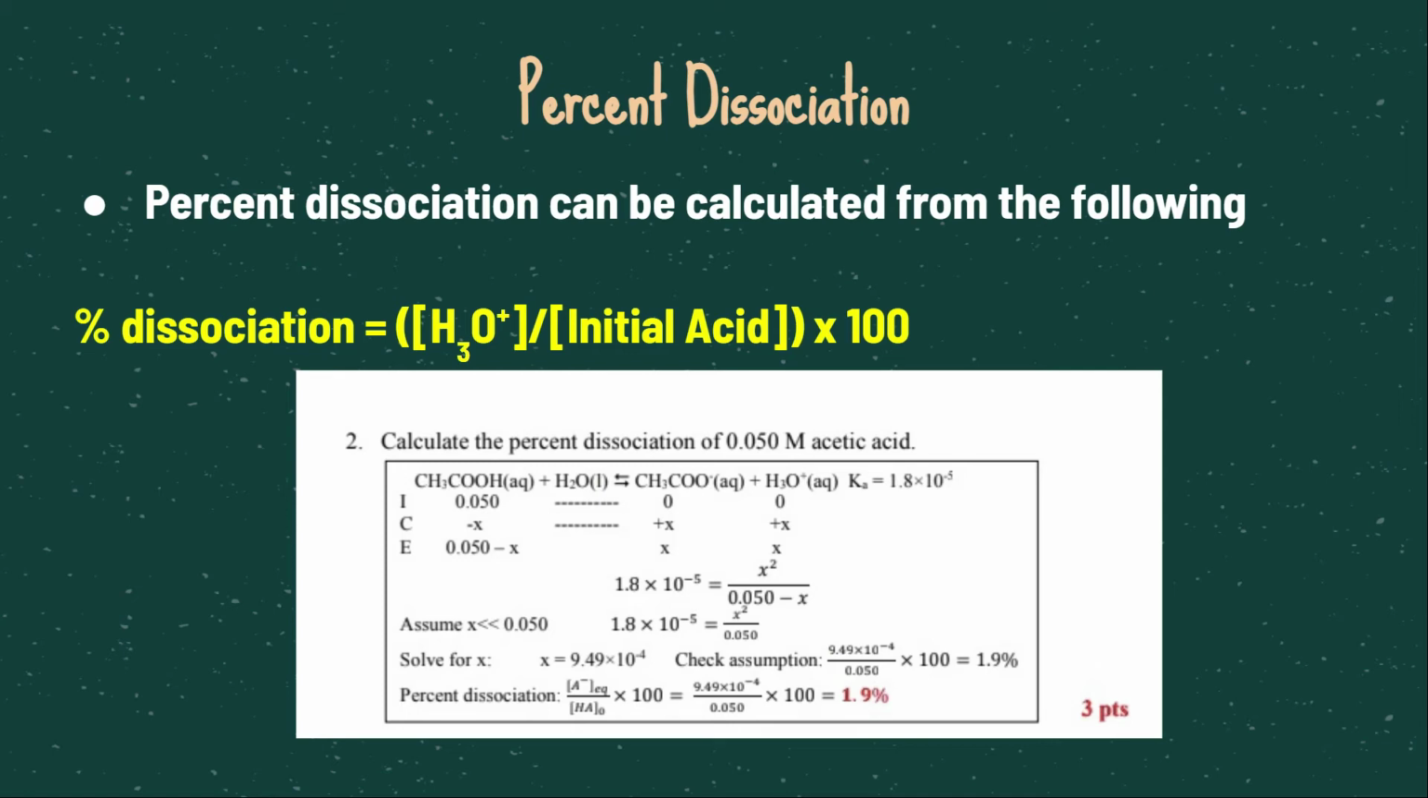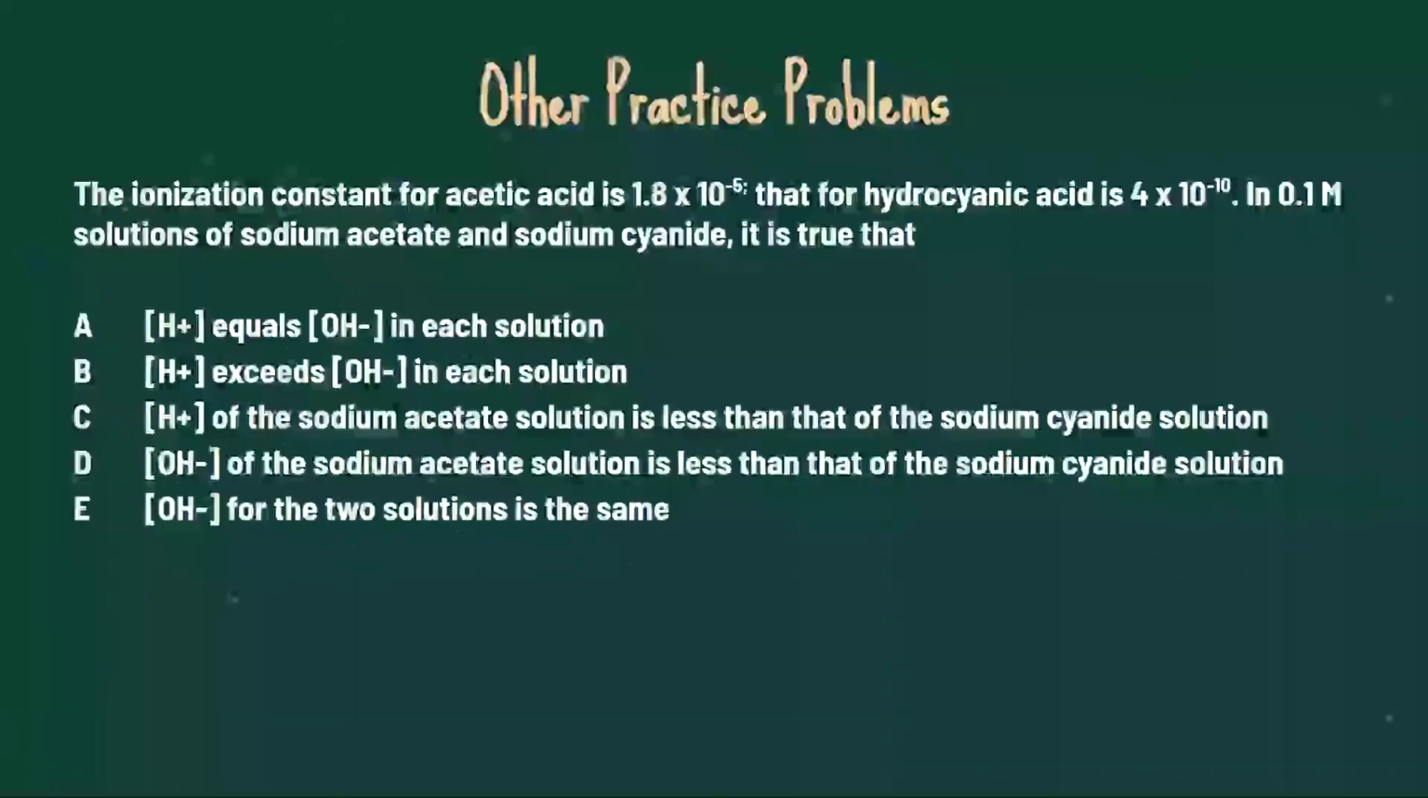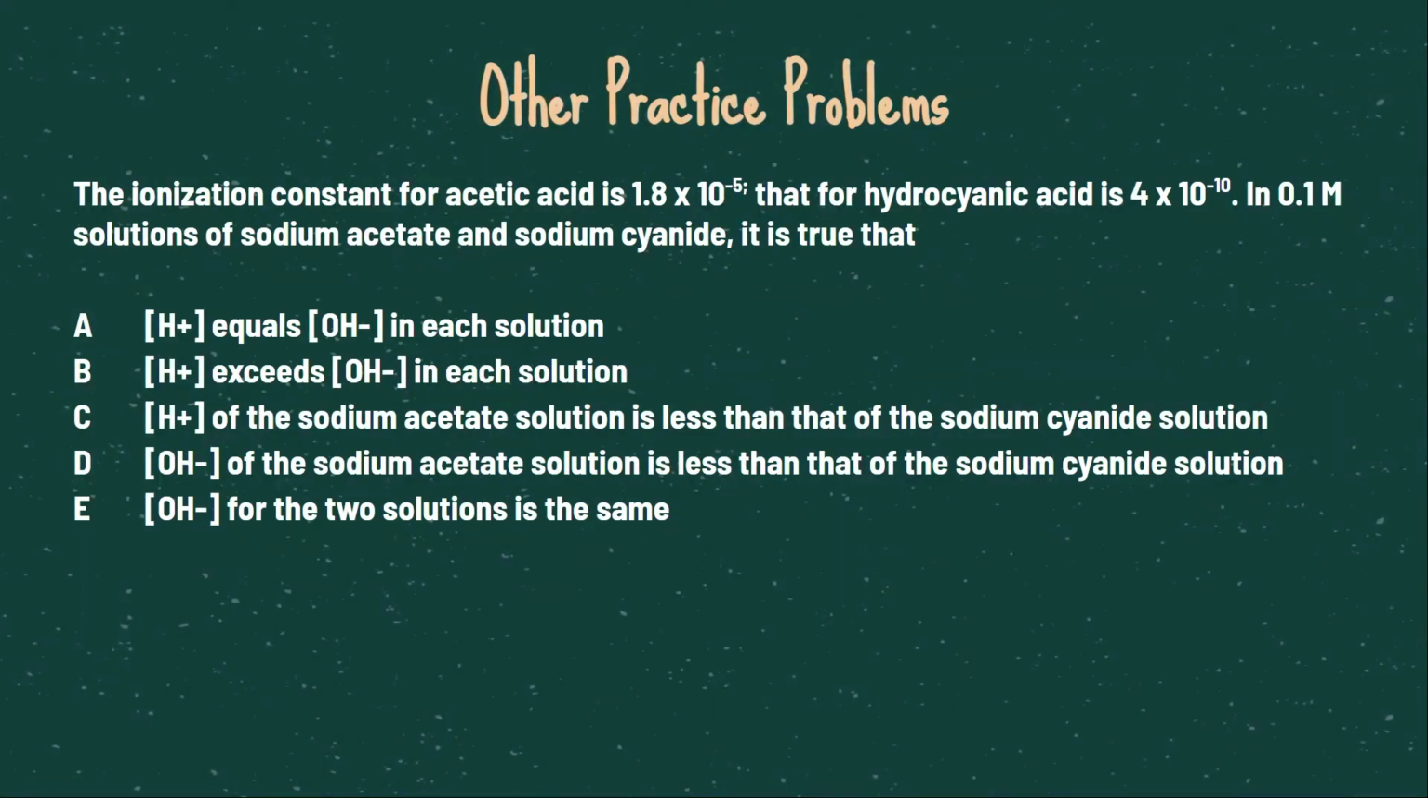Essentially what that means is only 1.9% of the acid actually broke apart into hydronium ions and the conjugate base. So let's look at some practice problems here. The ionization constant for acetic acid is 1.8 times 10 to the negative fifth. That for hydrocyanic acid is 4 times 10 to the negative 10th. In 0.1 molar solutions of sodium acetate and sodium cyanide, it is true that, and you're given a list of